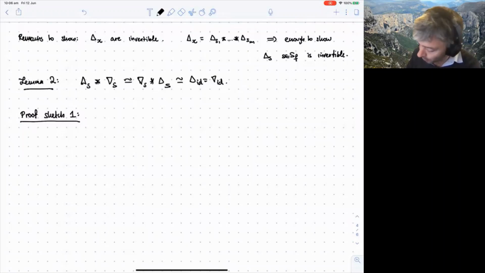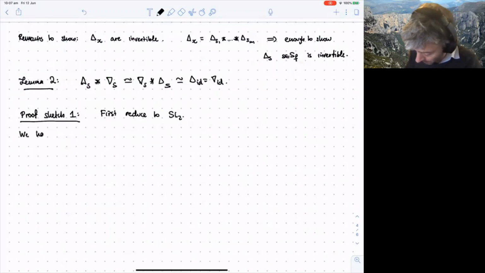So in both proofs, we first reduce to SL2. Okay, so we can assume that our group is SL2. And now we have a distinguished triangle of perverse sheaves,